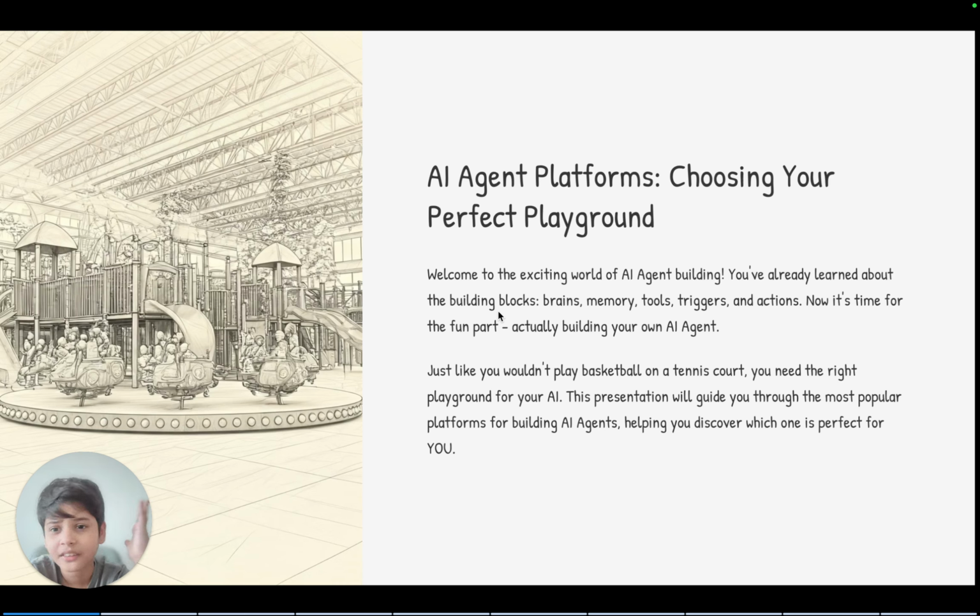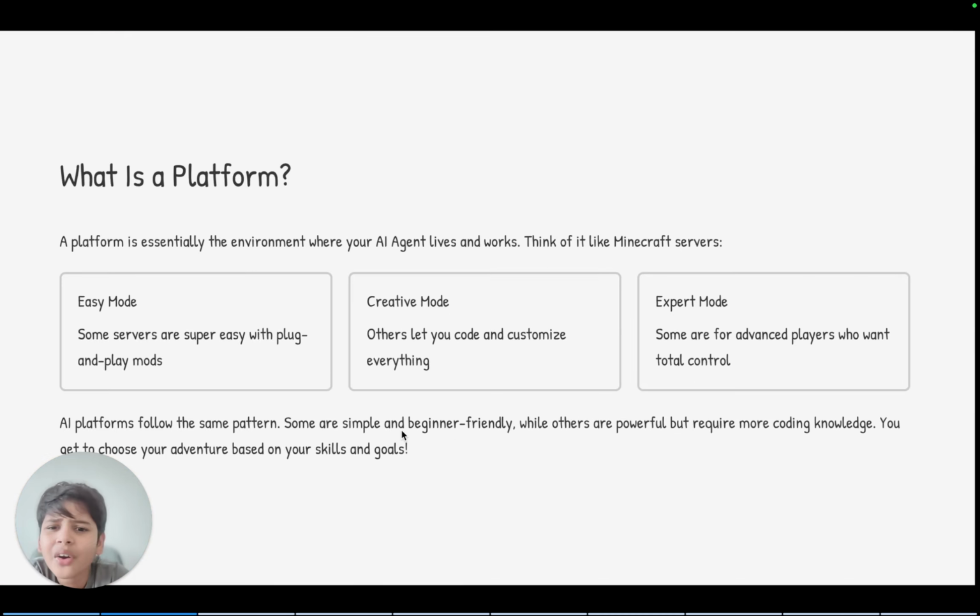In this lesson, you'll look at some of the most popular playgrounds or platforms for building AI agents, and by the end, you'll know which one's best for you. So, a platform is a place or environment where your AI agent lives and works. Think of it like